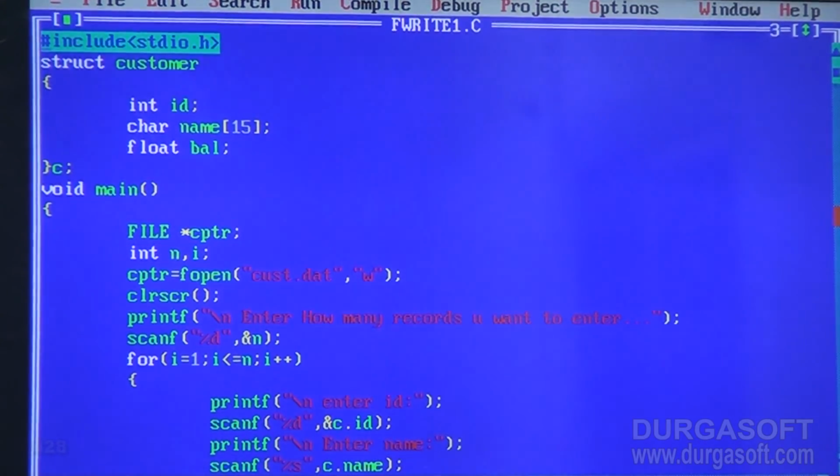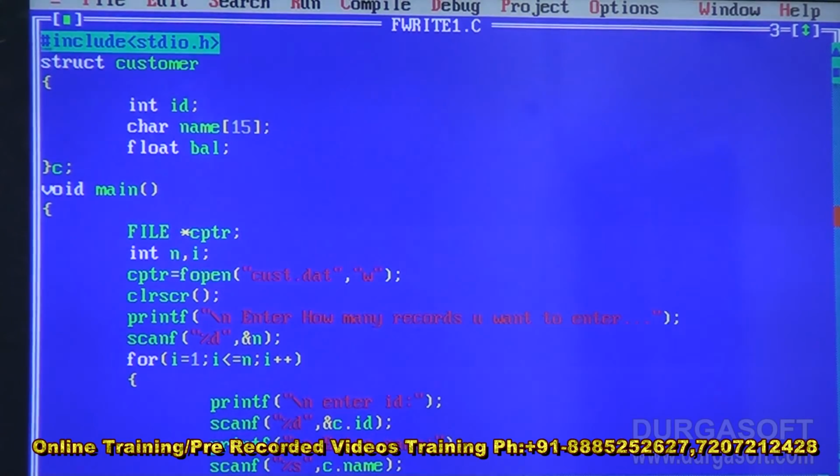First I have declared the structure with 3 members: ID, name, balance. In the main function, I have declared one file pointer called cptr. I am declaring 2 variables, n and i, and using cptr I am opening a file called cust.dat. So cust.dat will be opened with W mode,